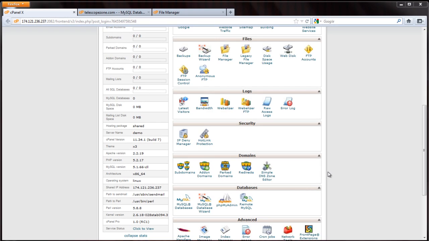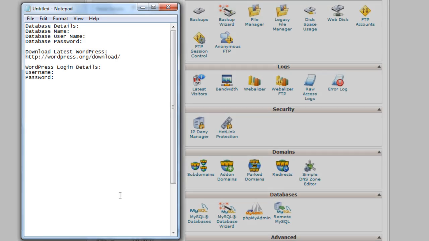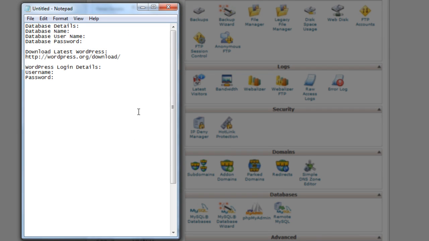Today I'm going to show you how to manually install WordPress using cPanel. The first thing I usually do before I get started is make a list like this of what we're going to need to complete the installation, and that's the database details with the database name, database username, database password. We're eventually going to download the latest version of WordPress from